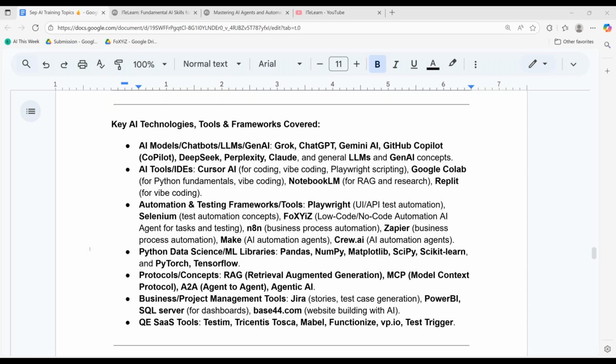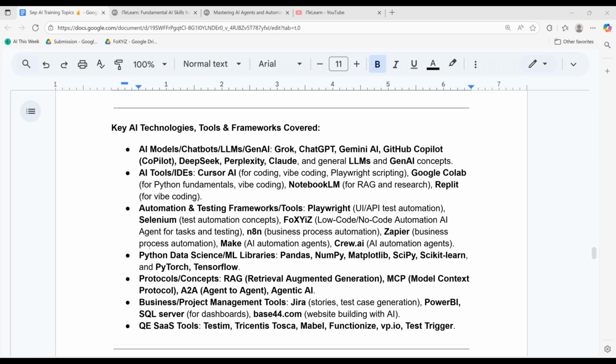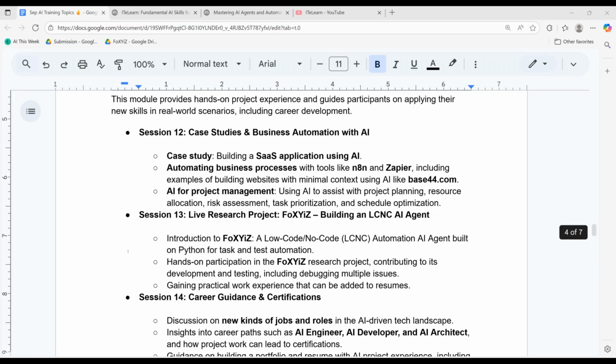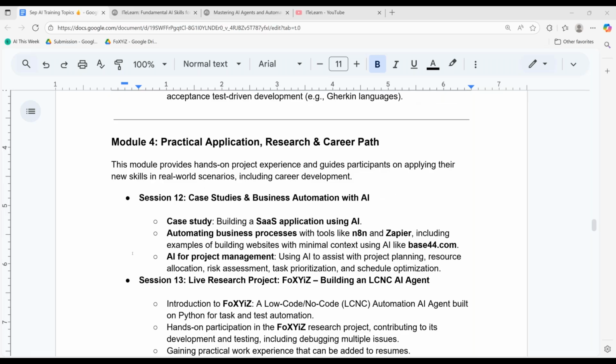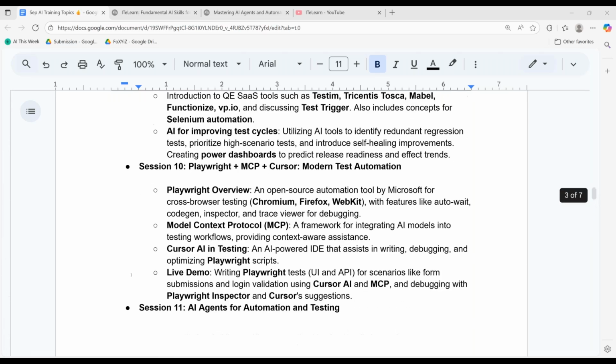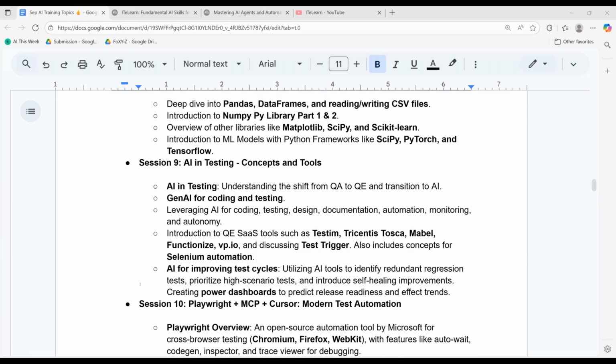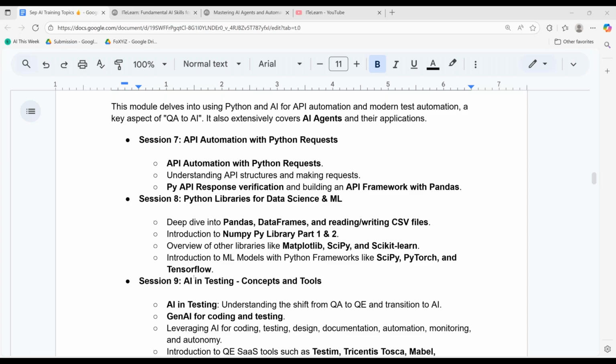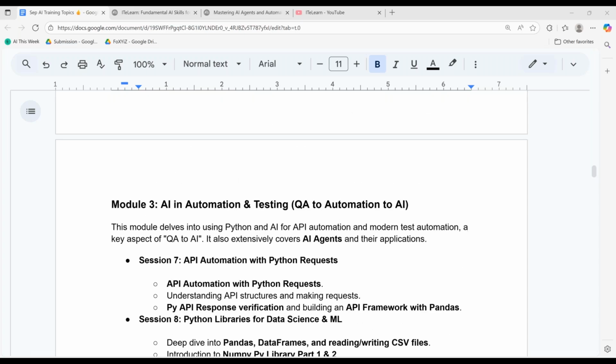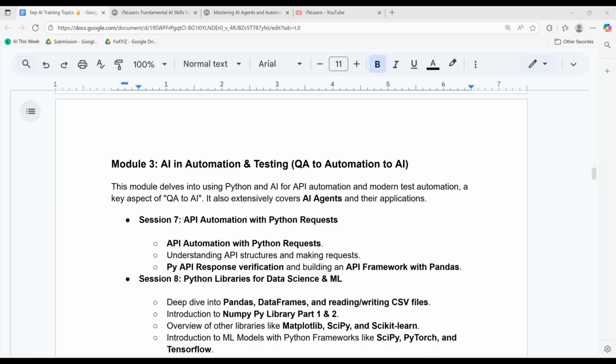Let's see. Karthik, are module 2 and 3 more focused on QA in general AI? So, QA only a little bit that we will focus on, which will be in module 3. Even specifically, we're looking at 2 sessions, where module 3 is focusing on AI in automation and testing. So how do we do API automation? It is not only for software testing as a process.